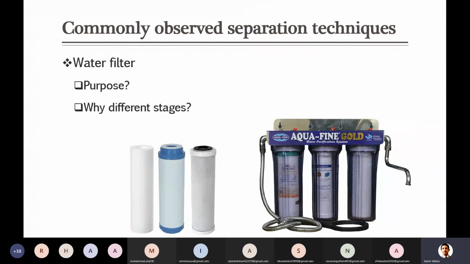Did you observe that or not? So mostly UV, that is covered. Yes, UV light. So what is the purpose of that light in that case? Is that a filter? Sir, it kills bacteria, killing the germs. Yeah, exactly.